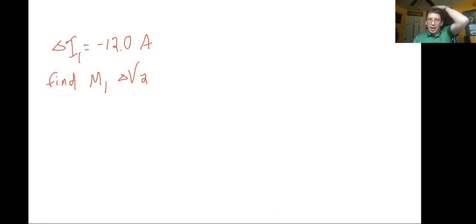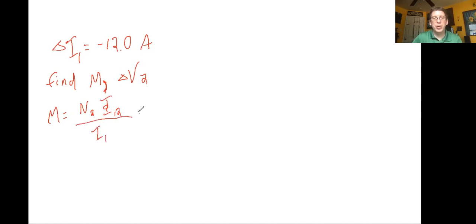We'll do it as N2 times phi 2,1 divided by I1. So that's N2 times phi 2,1 divided by I1. N2 is given. Phi is the magnetic flux due to current 1, or due to coil 1 on coil 2. So the magnetic flux, again,